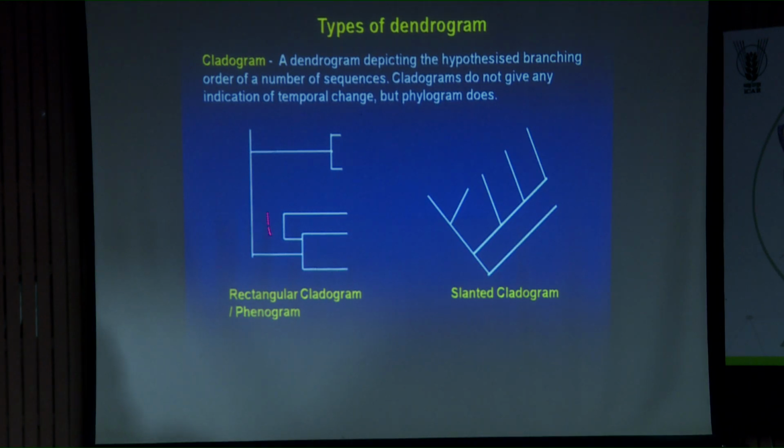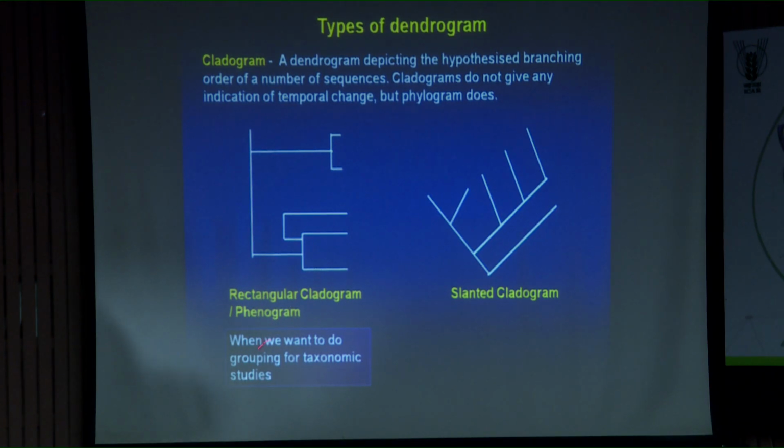The similar cladogram can be presented in this way, which is called slanted cladogram. So, in the software all these options are available. What is your requirement? You have to ask the computer, I want a slanted cladogram or I want a rectangular cladogram. So, what are the different purposes for these different types of trees? So, rectangular cladogram,